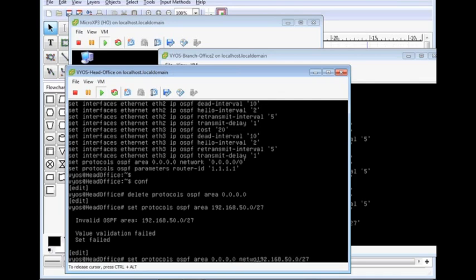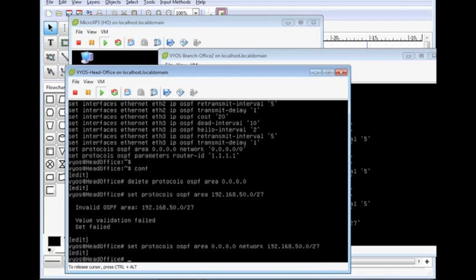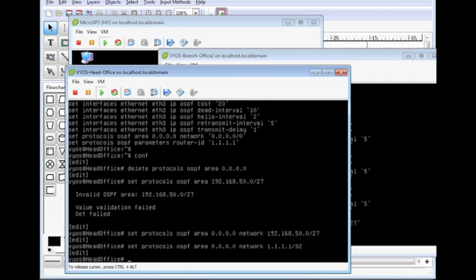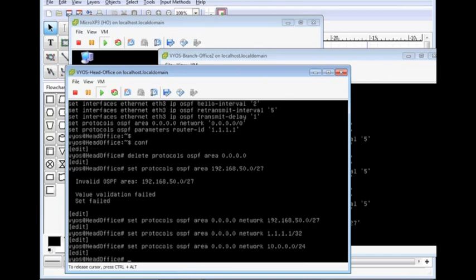Network. And that covers that. I also want to put in my 1.1.1.1/32, and I also want to put in my 10.0.0.0/24 and commit